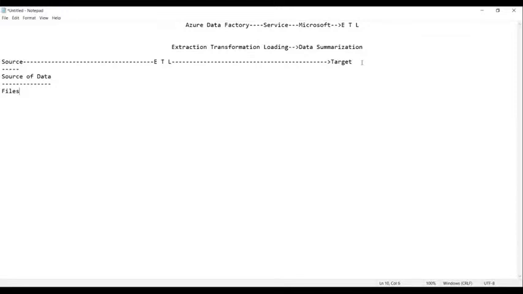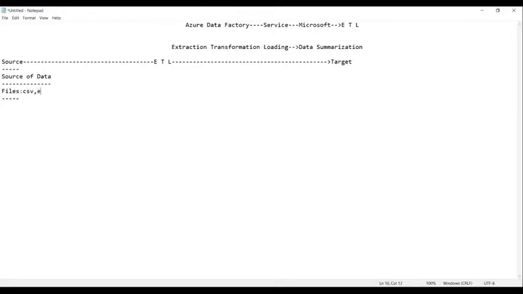What files can we have? CSV files, which is comma delimited, also called comma separated value files.